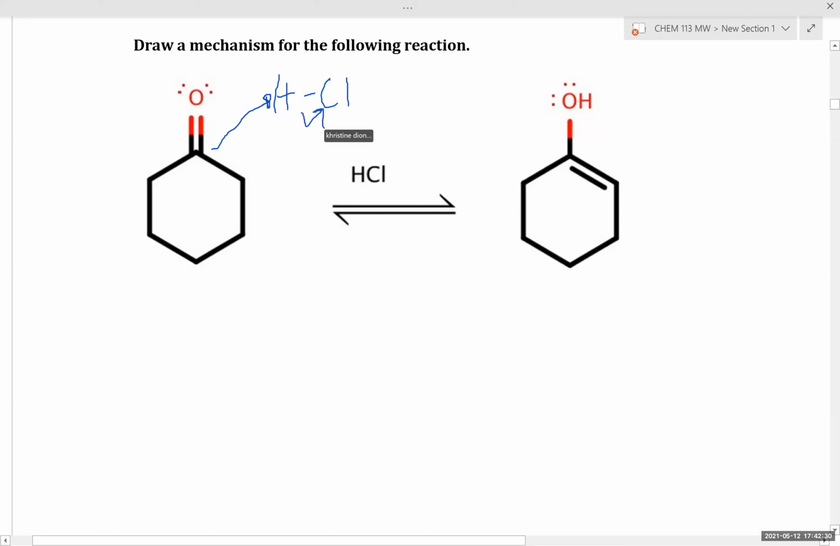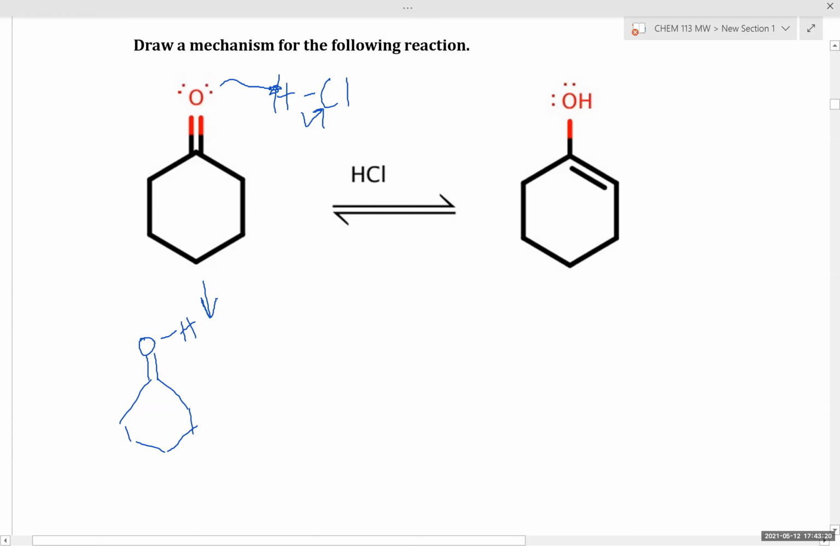So we have hydrochloric acid. Okay, so they're showing protonation of the carbonyl. If you're drawing protonation, I would draw your arrow from the lone pair to the hydrogen, just to show it's being used to form an oxygen-hydrogen bond. So after protonation of our carbonyl,